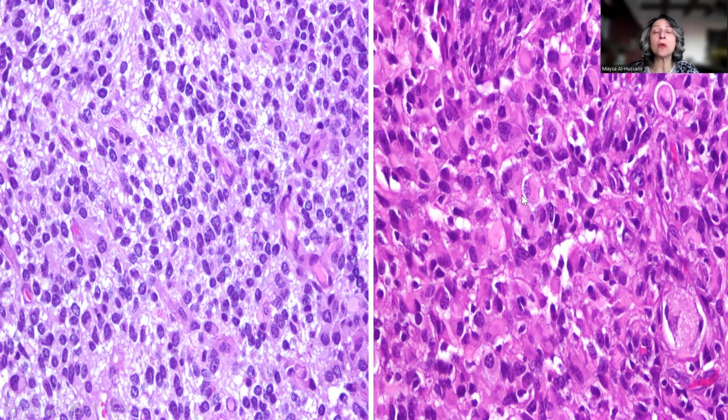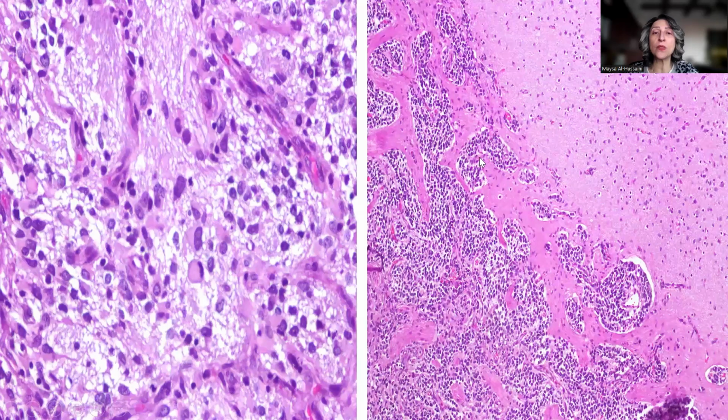So if you remember, there were areas that were spindle, there were areas showing some cells with abundant acidophilic cytoplasm, and there were areas that showed this amount of cells with the abundant acidophilic cytoplasm, very much reminiscent of rhabdoid tumor, which is an important differential diagnosis that we should keep in mind, especially in this age group and with this appearance. Now, again, the embryonal component showed more and more evidence of differentiation, very much similar to neuroblastoma, especially